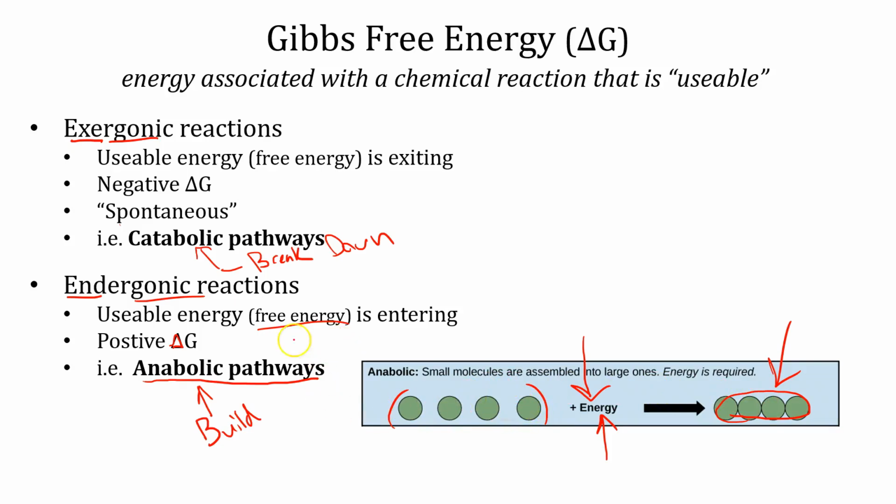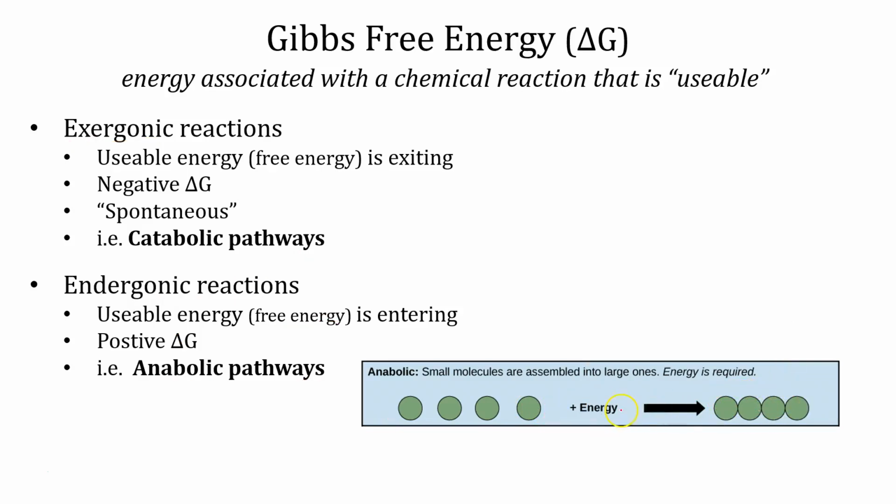All right, and by pathway, I should make a quick note here. What that means is, in this picture, we've drawn this as a simple diagram where you have these little 4 green circles attaching to one another to form this product. Well, in reality, if this was in the body, this whole event, taking the smaller things and making a bigger thing, it could require actually several separate individual chemical reactions to make the final product. So that's the definition of a pathway, anytime you have a series of chemical reactions to create the